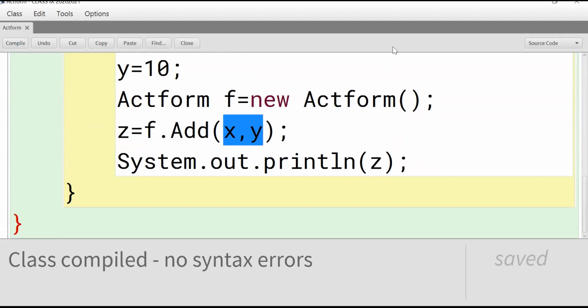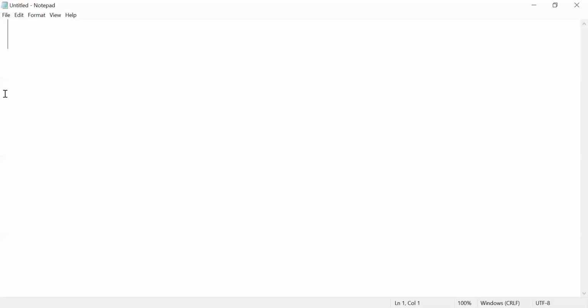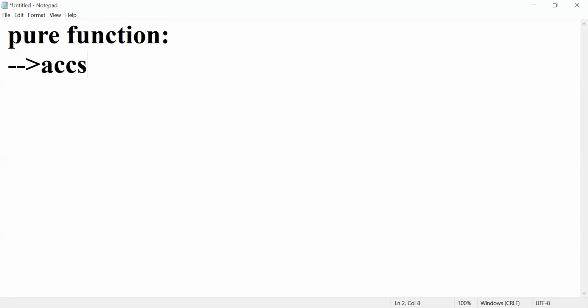Now one more short answer question, that is pure and impure function. So note down what is pure and impure function. A pure function is also called an accessor method.